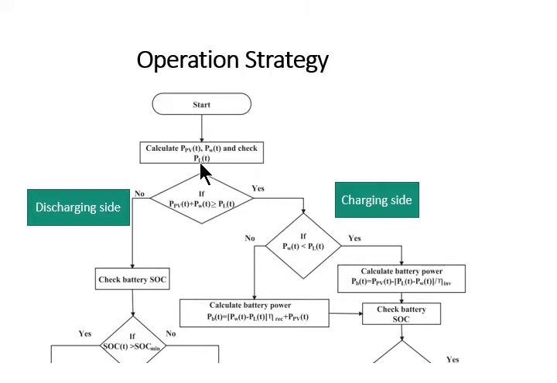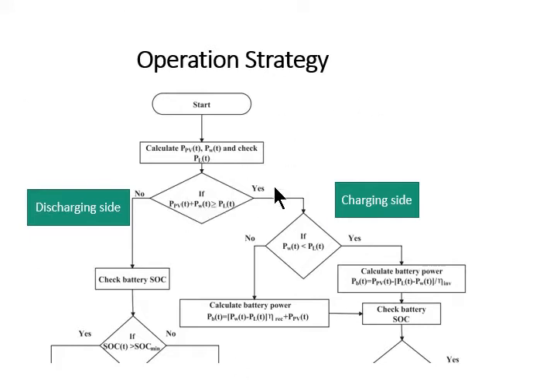So first of all, at each time interval, each hour, you will be calculating: your wind power will be given to you, PV power will be given to you, and the yearly load profile will also be given to you. So you will be adding the total renewable power. You may have only a wind turbine and PV, but that depends on your requirement. If both are available, then PV plus P wind, whatever renewable energy power is available, if it's greater than load, it means the renewable energy power is more than load.